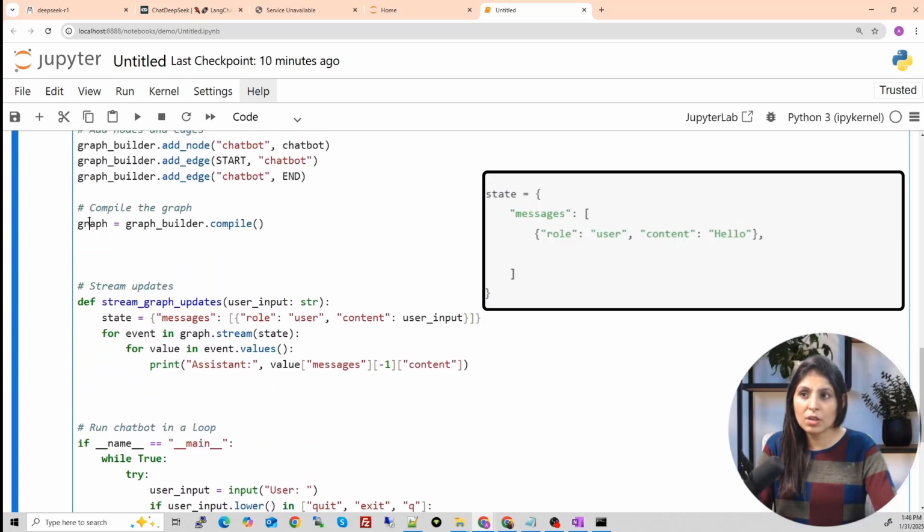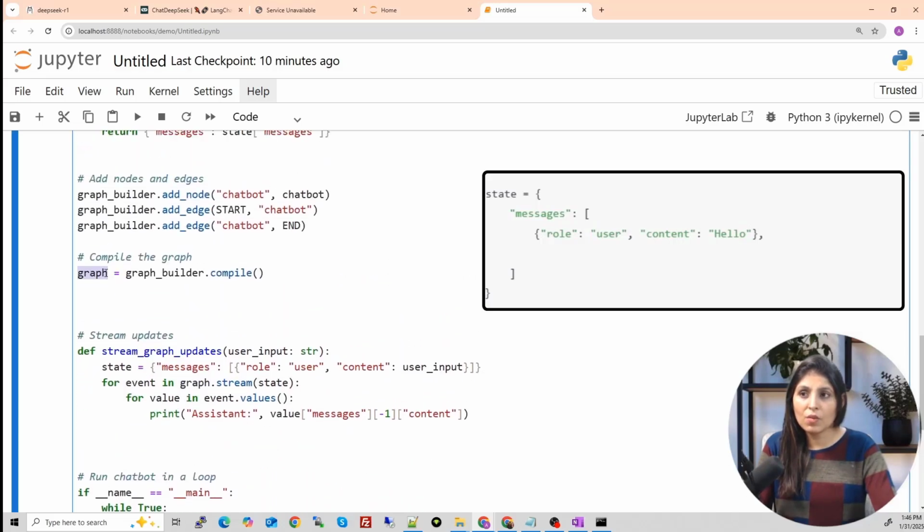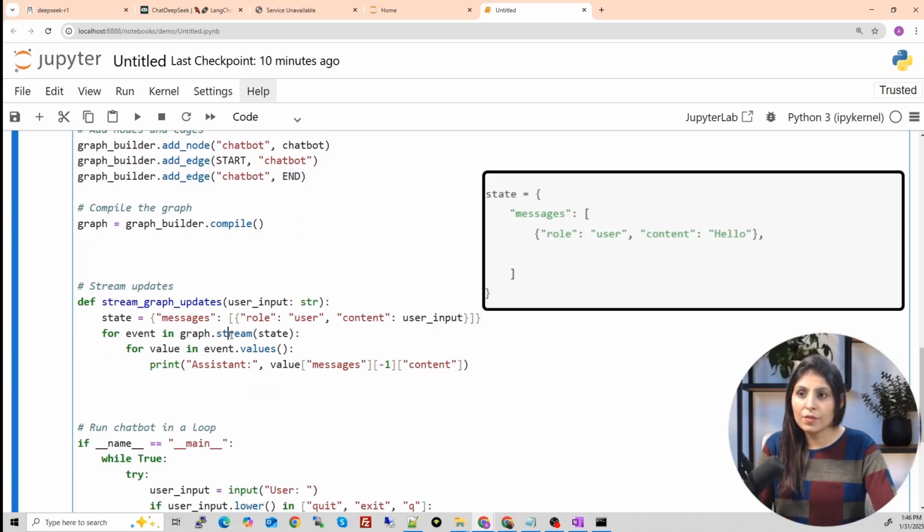Which graph? Remember this graph over here. In this graph, we have defined how the process should flow. First the work will start with the start node, then the chatbot node will be used, and then the end node. So graph.stream, and whatever is there in the memory of the chatbot in the state will be the input to it.